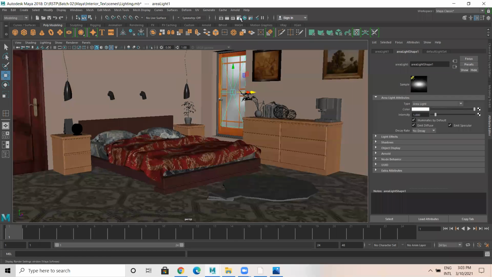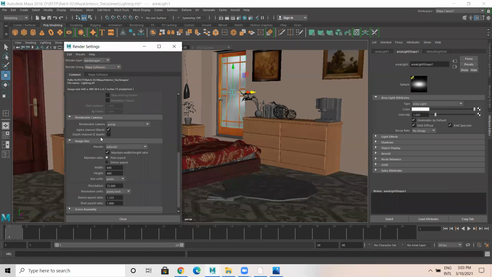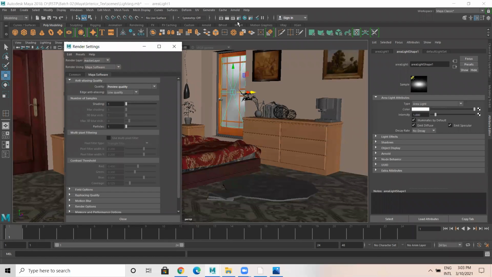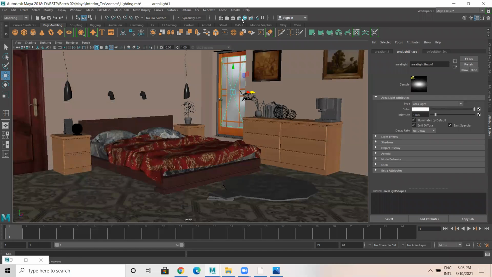So I'll set the render size also. In Maya software, in render settings, go to common. Here, if you come down, there is image size. Pick the image size to HD 720, which is a good HD resolution.